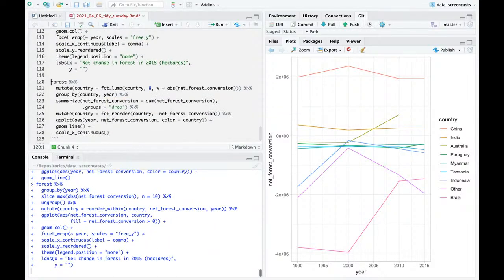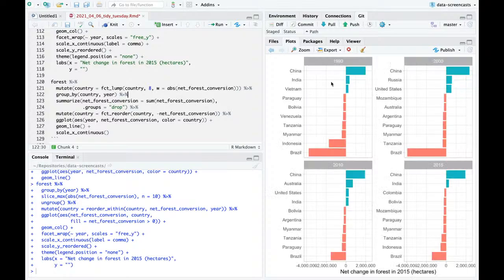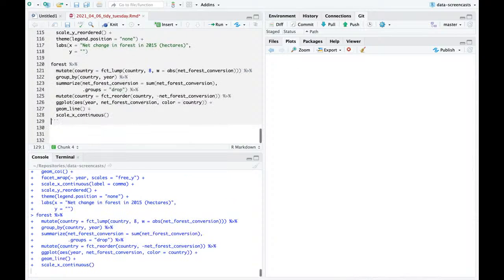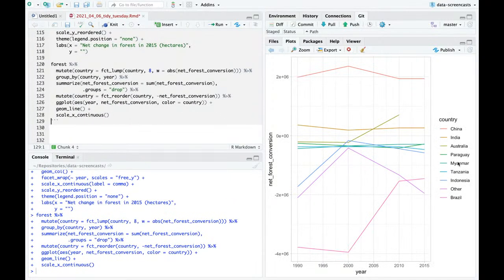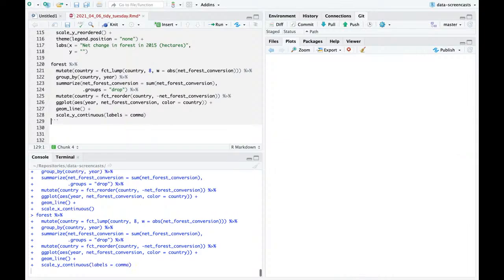There was nothing wrong with this graph showing the biggest changes in each year, but I noticed I was thinking, oh, has Brazil's rate of deforestation been changing? And really that's best done with a graph something like this. And we can even see it's convenient that other is meaningful here. This is like all other countries got summed up into this one. So it's like in the countries we can't see on this list, deforestation has actually been increasing since 2000, just in terms of hectares lost per year. So this is a pretty useful graph, and I'm going to say scale y continuous labels equals comma,